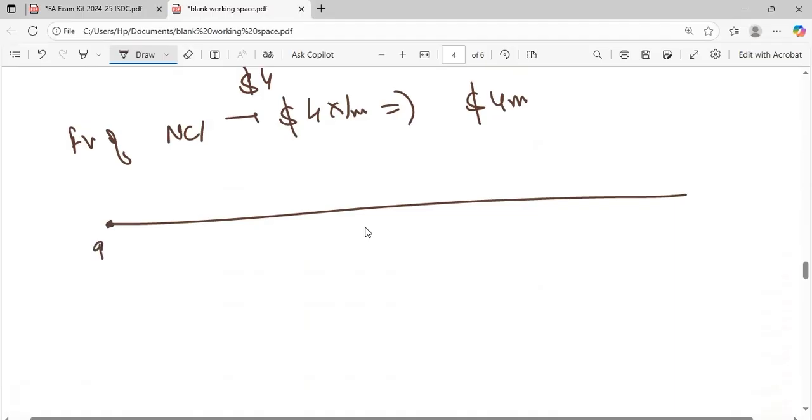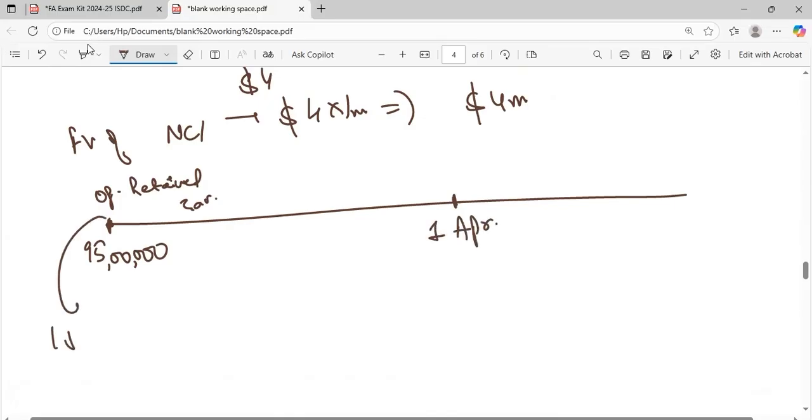So I can write them as 9.5 million. So these are my opening retained earnings, but I have to take retained earnings at the date of acquisition. So this was my date of acquisition, which was 1 April. 1 April was my date of acquisition, and this date is 1 July. So calculate how many months are these? July, August, September, October, November, December, January, February, March. Okay, till March, because this is 1 April. So these are 9 months.